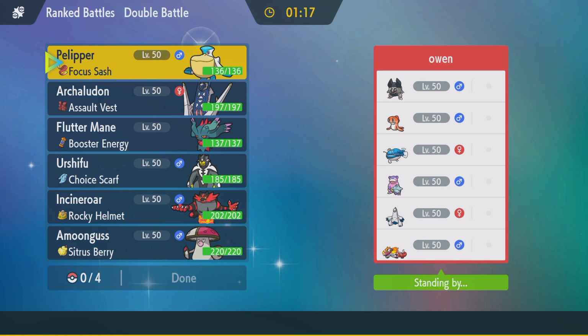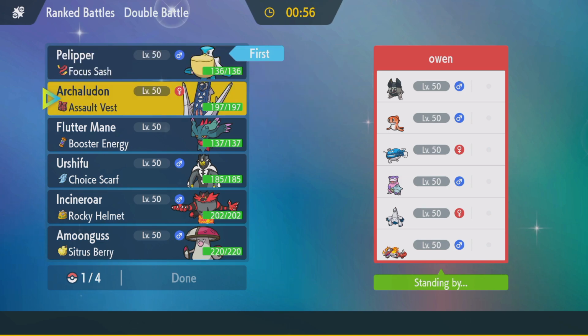Okay, so that's obviously going to be the Galvanize Explosion Golem. Leading... Well, Wide Guard Pelipper beats that, so honestly, I might just do that. What else is here that's weird? Okay, so yeah, I'll lead Pelipper, Archaludon, I think. And then in the back...